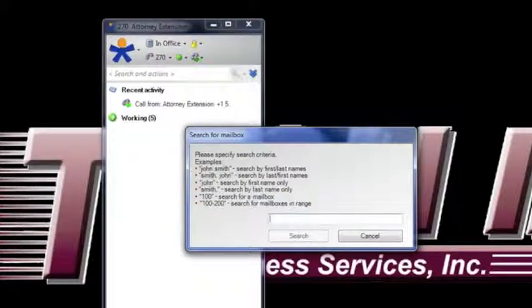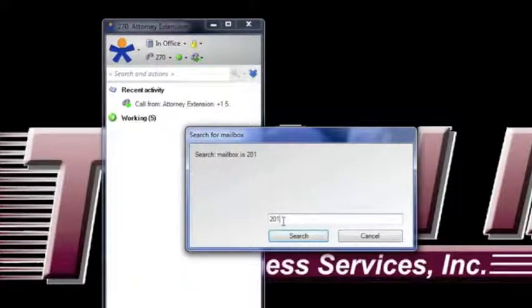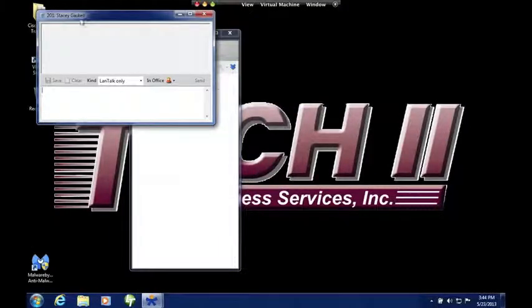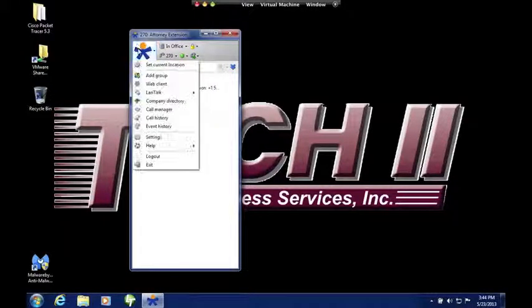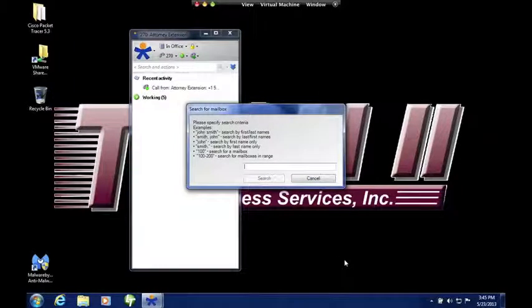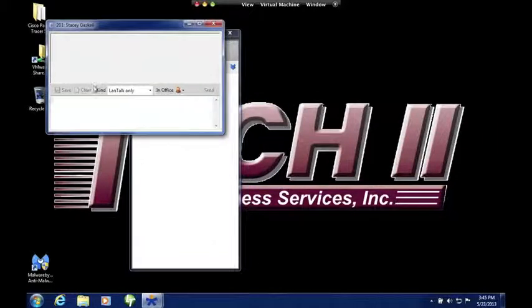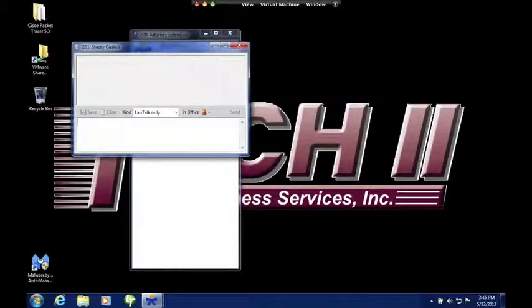Now, if I know their extension number, I can look it up by extension. Just do enter and it brings up 201 Stacy Gaskell. If I don't know their extension, but I do know their name, if I go to make a LAN Talk and type in their name, it'll do the same thing. If there were several entries that matched my choices, it would ask which option I wanted. Now, all I'll do here is send my message